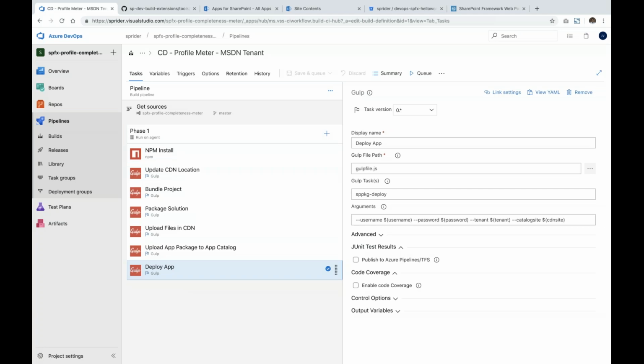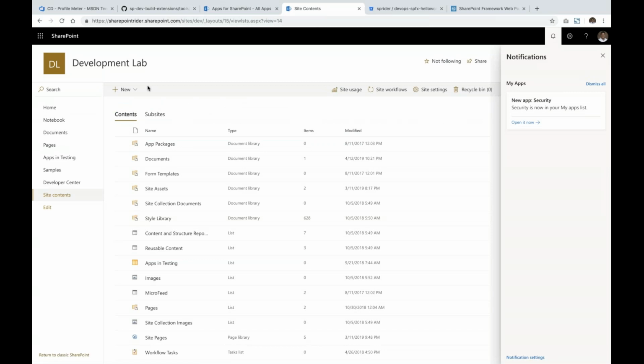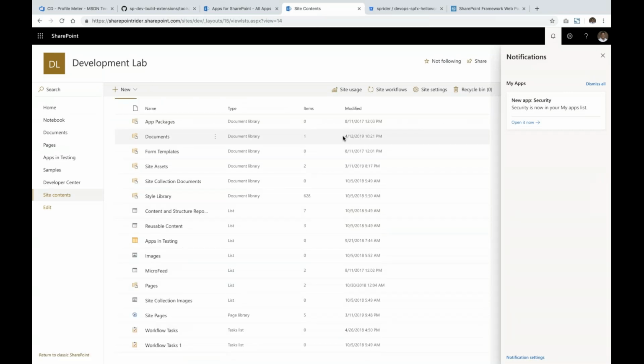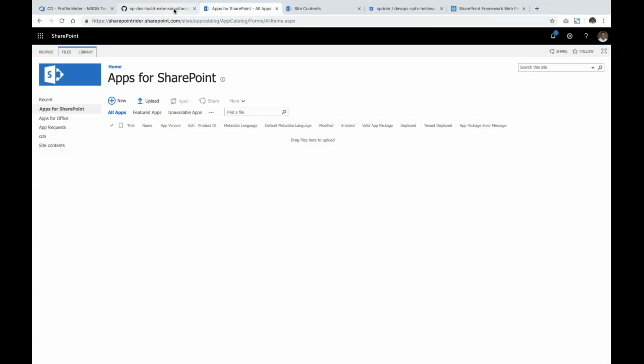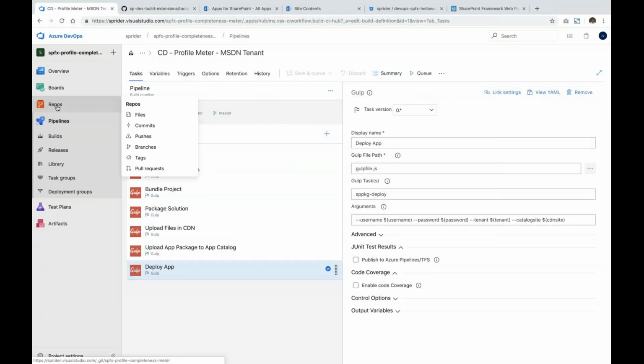So before I get started with a build, right? Build process, let me show you my environment. So this is my Office 365 tenant, wherein you can see I don't have any apps right now. This is the site where I'm going to deploy. And the app is not there in this particular site as well. All right. So what I'm going to do, I'm going to the repo,